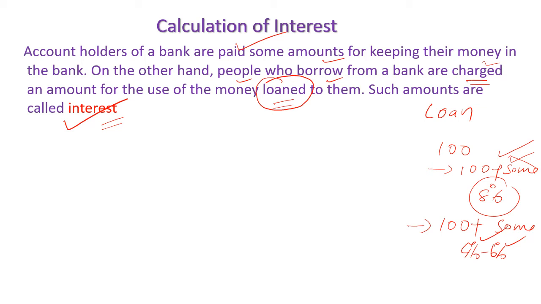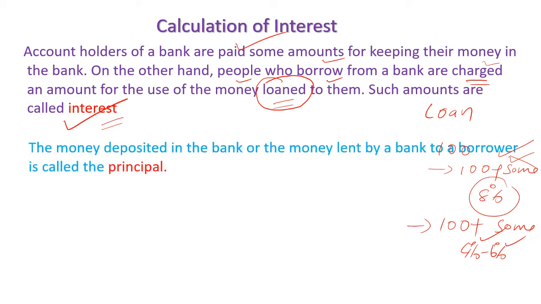We deposit money in the bank and the bank uses that money for various purposes. Most commonly it is used for giving loans to others who are in need of money, and the borrower will be charged for that, and it will be charged in terms of percentage. The percentage of money which the bank is collecting from the borrower is called interest. The percent of money which is given to us extra, a small amount, 4% to 6%, is also named as interest. Understood? This is the essence of the chapter.